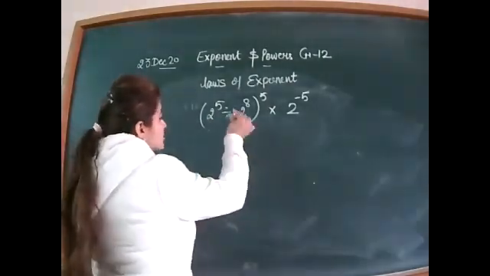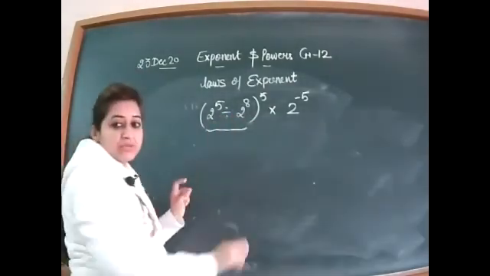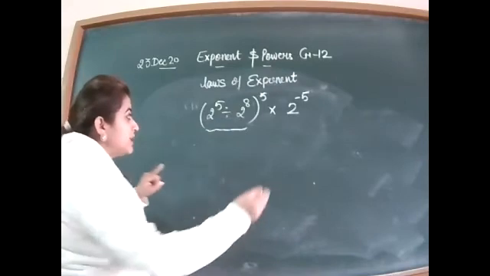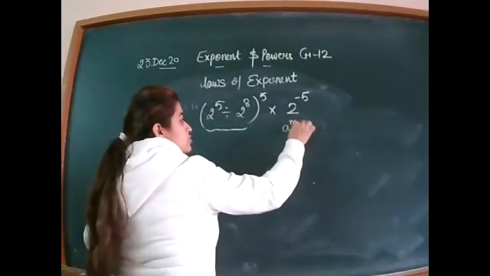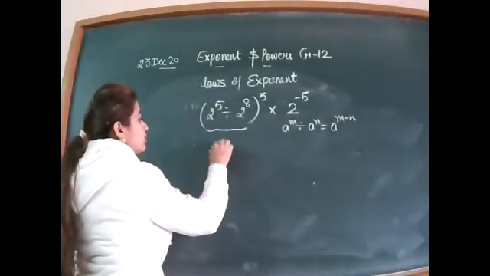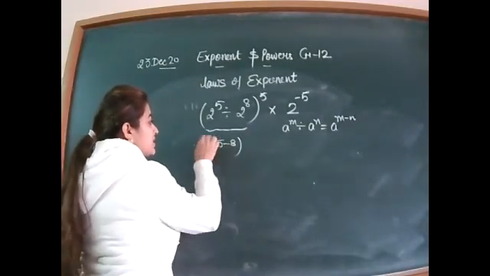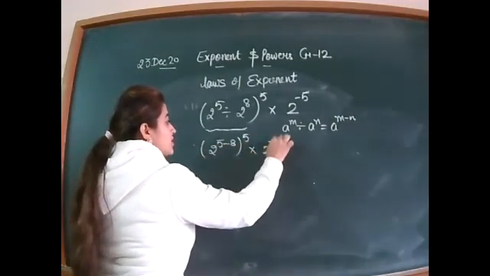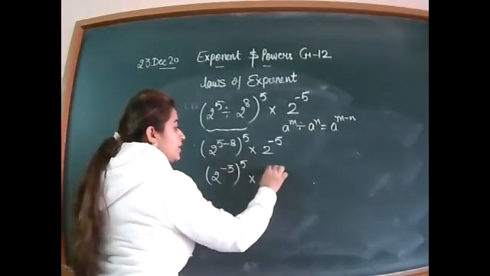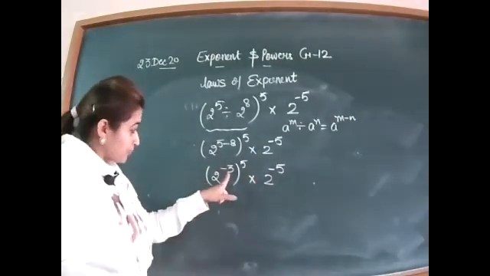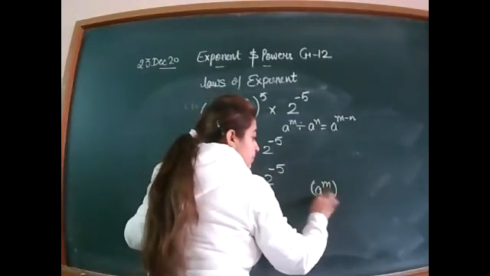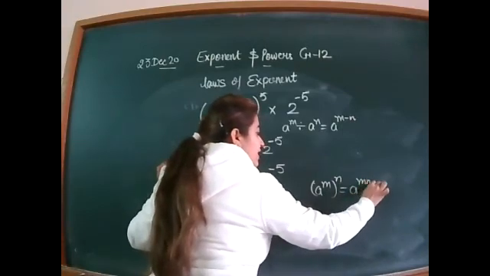Now look here. For starting this question, firstly you will solve the bracket. As you can see that the division sign is there and the base is the same, so you will use your second law and write the second law here in the bracket: a raised to power m divided by a raised to power n, a raised to power m minus n. Now let's solve this. This will give you 2 raised to power 5 minus 8 whole raised to power 5 into 2 raised to power minus 5. So when you subtract it, it will give you minus 3 whole raised to power 5 into 2 raised to power minus 5. As you can see that two powers are given here. So you will use the law here, a raised to power m whole raised to power n, that will give you a raised to power mn.